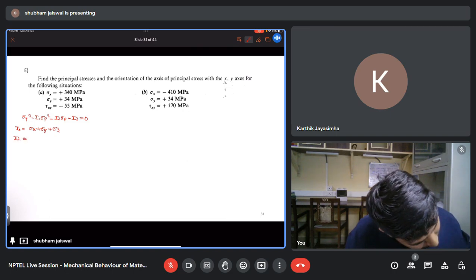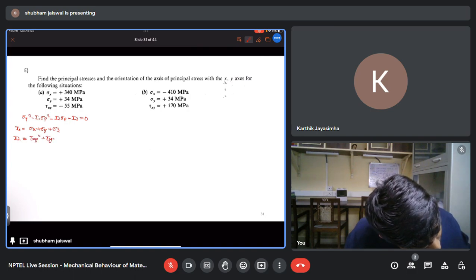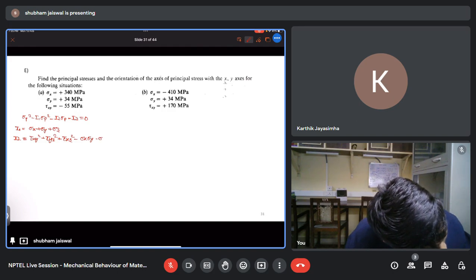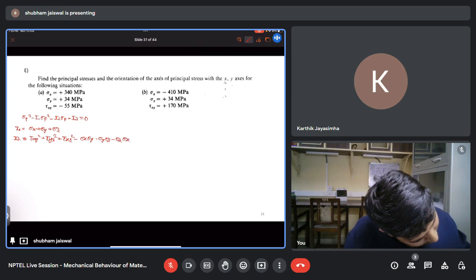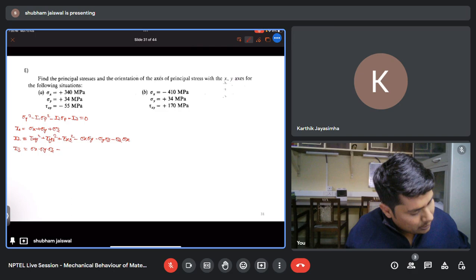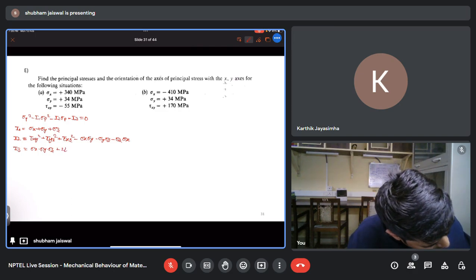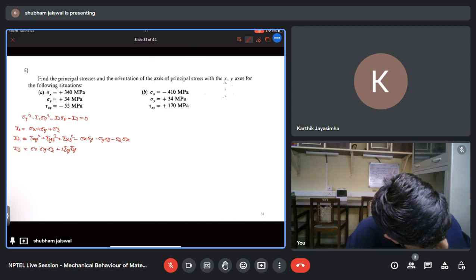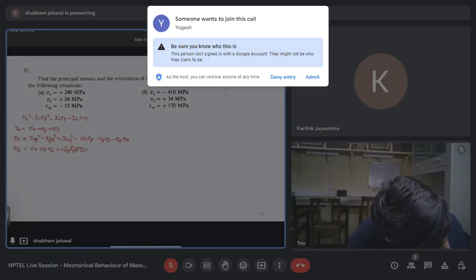I2 is tau xy square plus tau yz square plus tau xz square minus sigma x sigma y minus sigma y sigma z minus sigma z sigma x, and I3 is sigma x sigma y sigma z plus 2 tau xy tau yz tau zx,